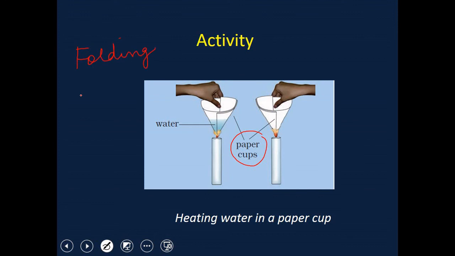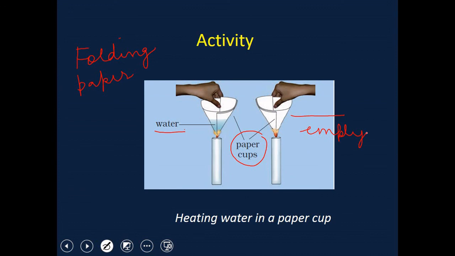By folding paper, we have prepared them. One of the paper cups is filled with water. You can see here in one of the paper cups water is there, but the other paper cup is empty. This is an empty paper cup with no water. Now you are placing these 2 paper cups, one with water and one empty, on the candle flame, but you have to take very extra care. Don't perform this activity alone. You must perform this under the guidance of some elder person.